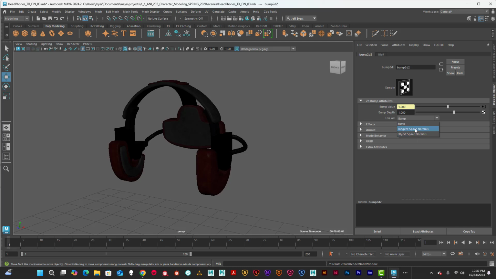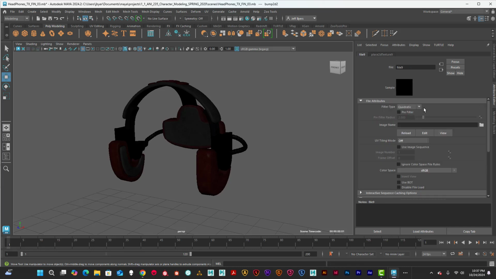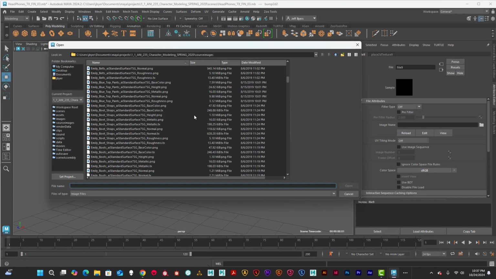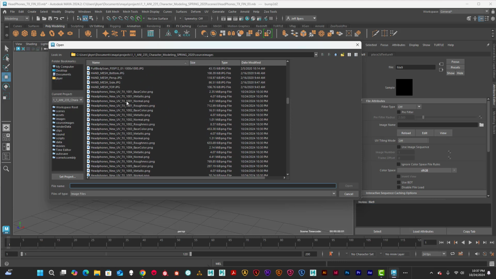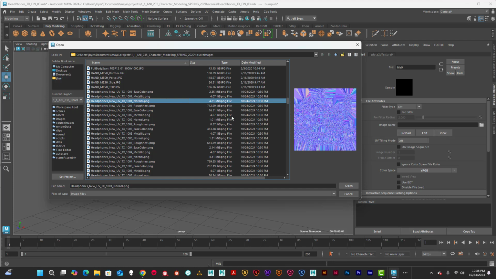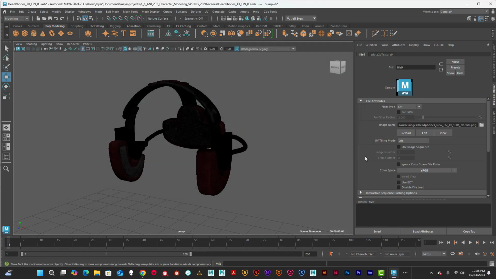That won't work. Tangent space normals. Next to bump value, click on the arrow. And then we're back where we are comfortable. Go into quadratic off. And then find your, you guessed it, your normal map for 1001. Click on normal, click open,